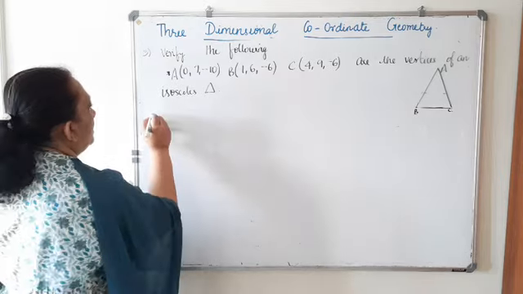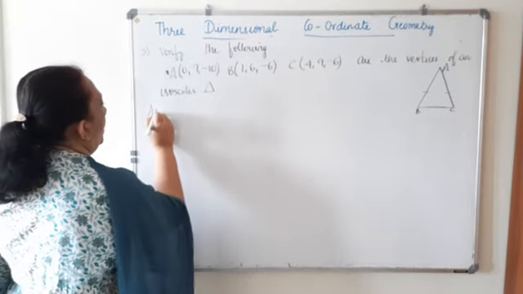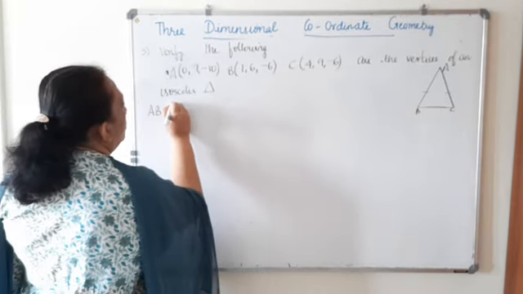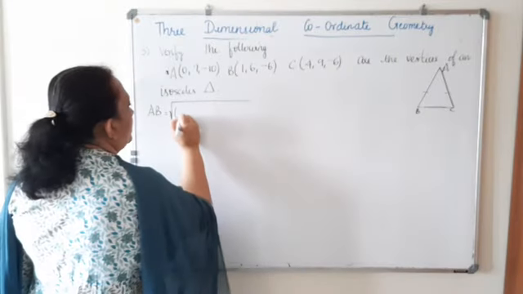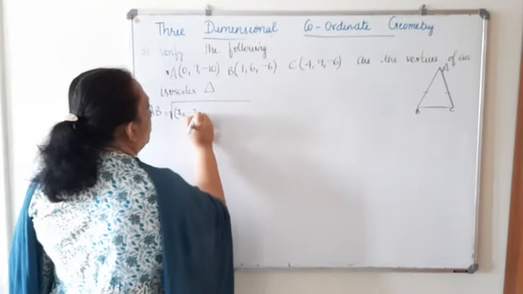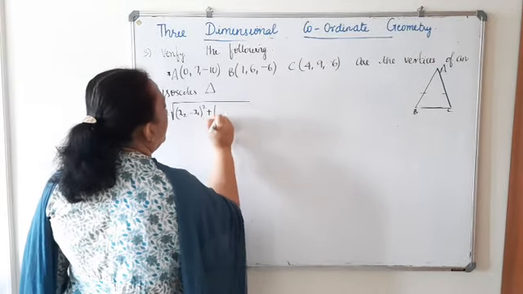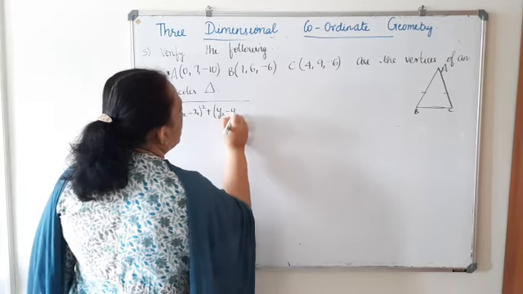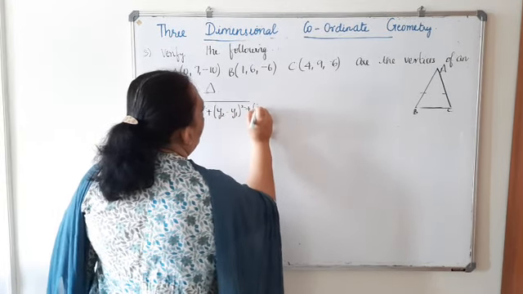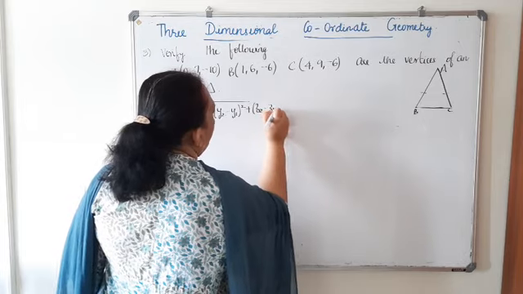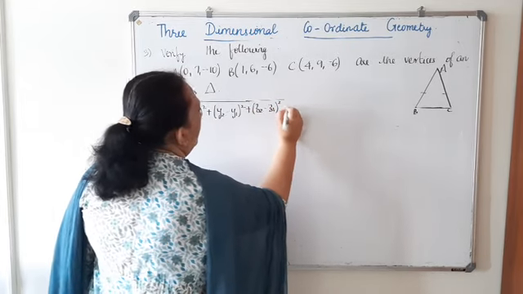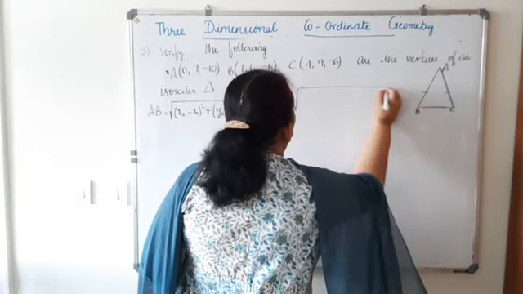So let us consider this length AB equal to root of, first write the formula, (x2 minus x1) the whole squared plus (y2 minus y1) the whole squared plus (z2 minus z1) the whole squared, is equal to root of